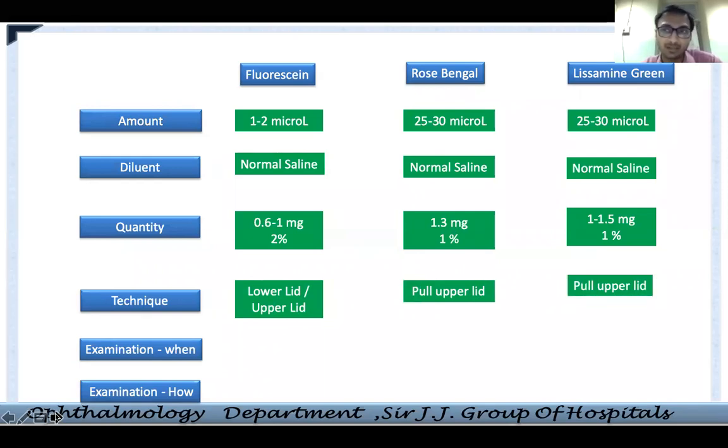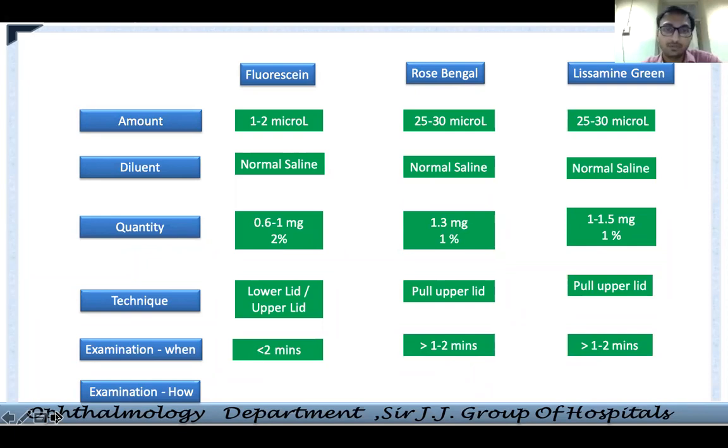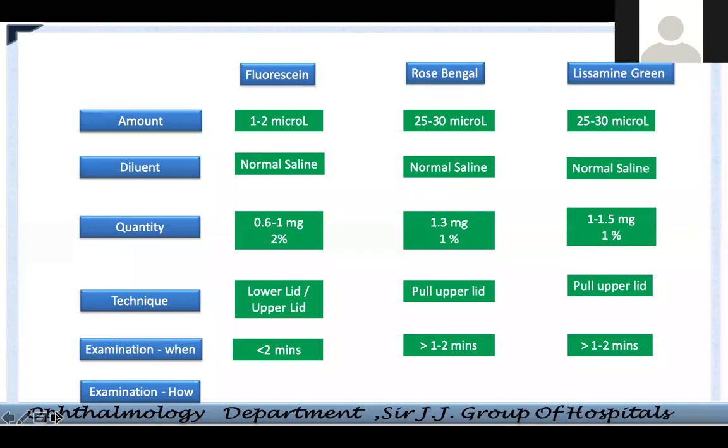Technique, I will come to when we show you a few videos on how you should stain the ocular surface. Now, when you use fluorescein, once you put the staining, you should examine immediately. Don't tell your optometrist or one of your colleagues to stain and then say you will see after 5 minutes. The whole effect that you are supposed to see, you will not be able to get. So the findings of your colleague and yours will be totally different. So when you put fluorescein, try to examine as early as possible, within a minute.